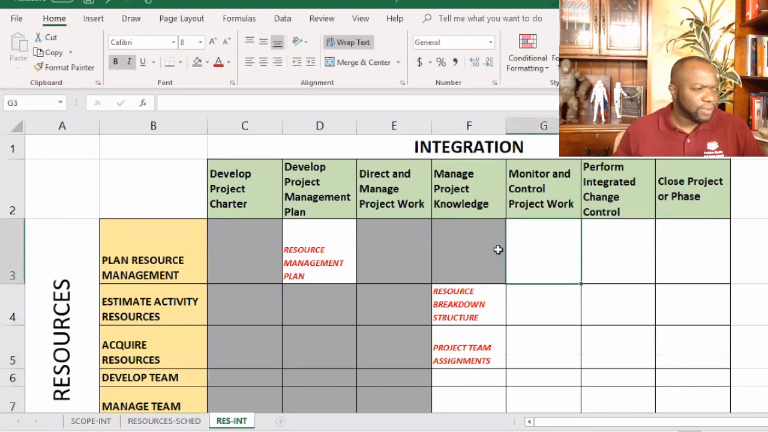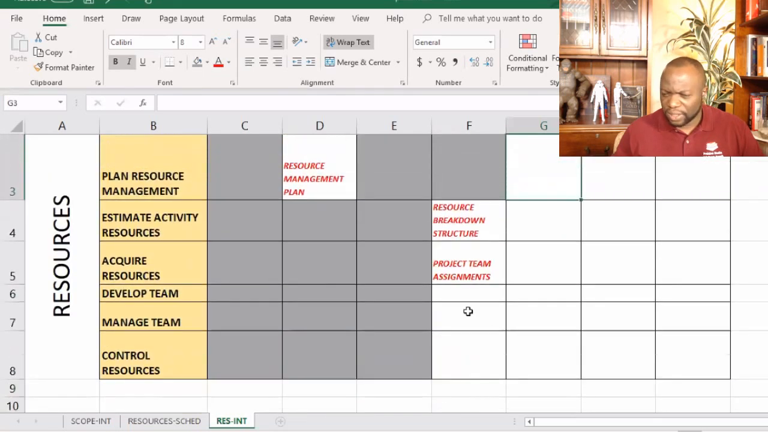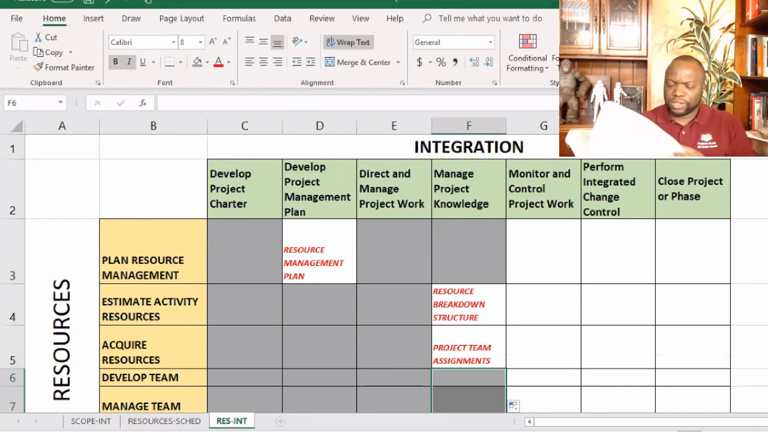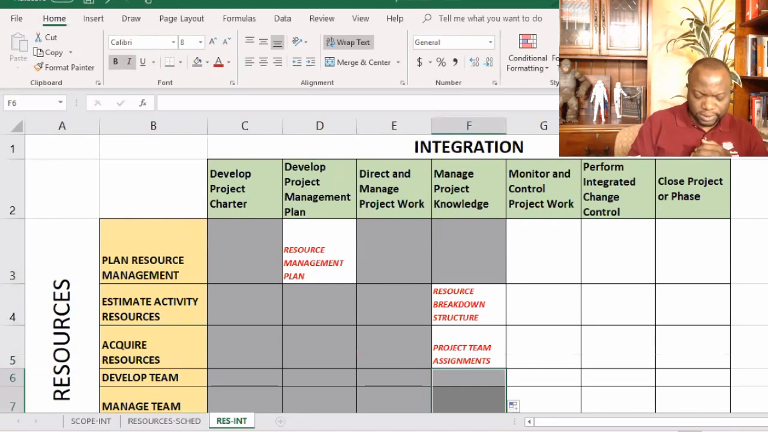Okay, so we have spoken about 1, 2, 3, 4 of the processes of integration, and there are no more here either. So let us gray those out. Okay, let us move on to monitor and control project work. So monitor and control project work, page 113. Take a look down. Let's see what we've got as inputs here. Change management plan, configuration management plan, baselines of scope, schedule, and cost,